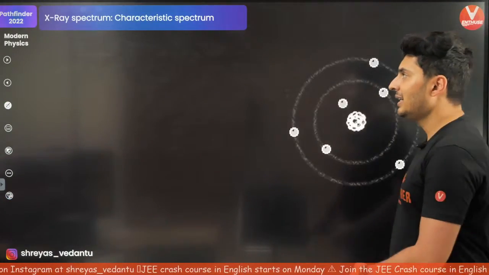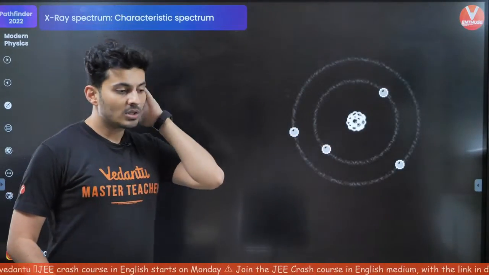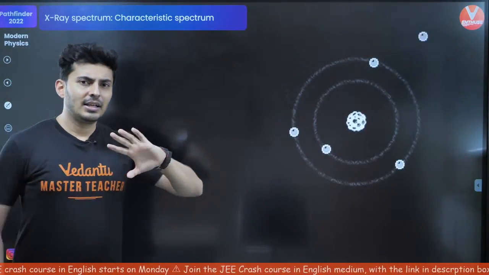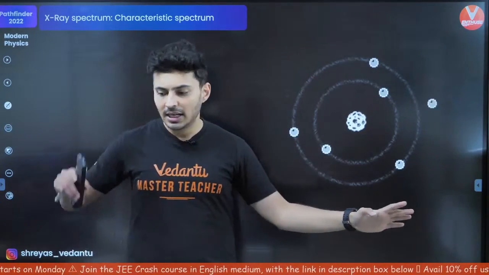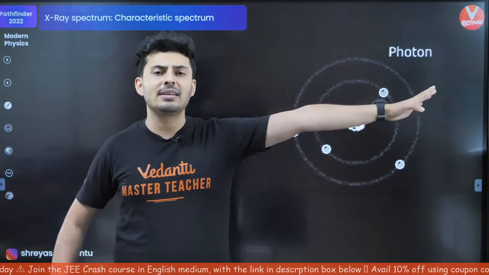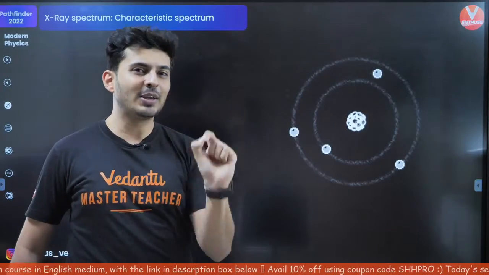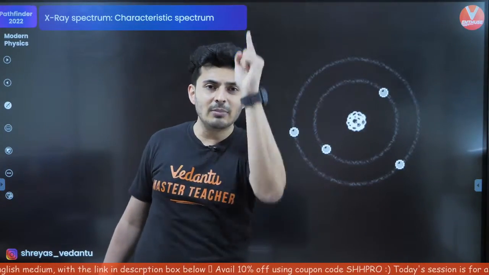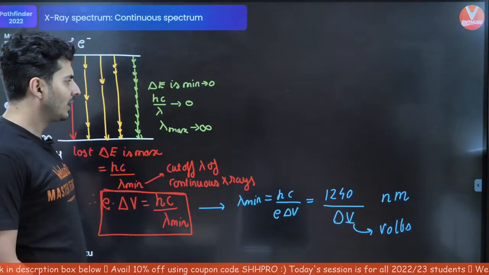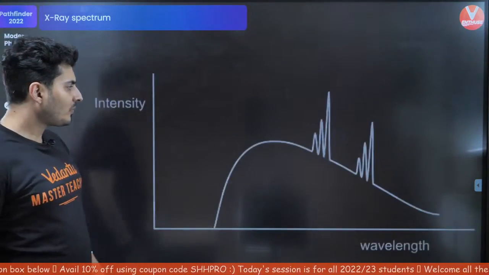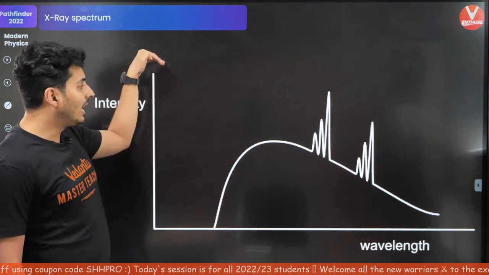Okay, moving on to the characteristic X-rays, the thorns of the dinosaur. I just told you that one type of X-rays that you get is the continuous X-rays. It has a minimum wavelength and maximum is infinity. The second X-rays are those thorns. They are very peculiar because they are suddenly spiking up and going off. Suddenly, for certain wavelengths, recollect over here in this diagram, you have certain X-rays of large intensity.